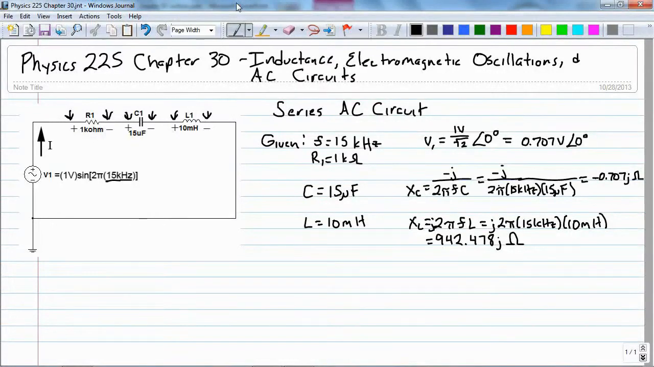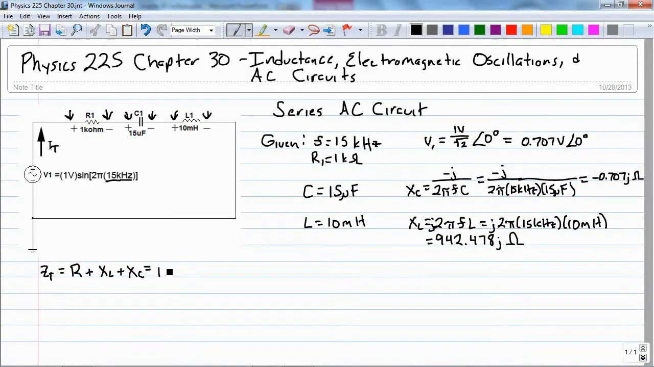Our next step is to calculate the current, this I, and I'm actually putting it as IT so I know it's the total current. So we need to find our total impedance. So ZT, our impedance, is going to be equal to our resistance plus XL plus XC. The reactance of the inductor plus the reactance of the capacitance. Just add those all up,